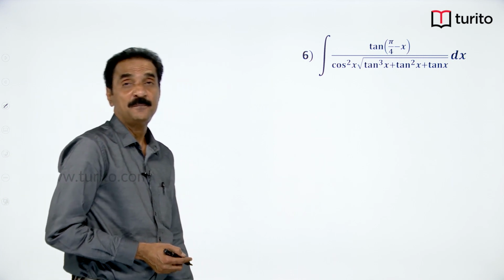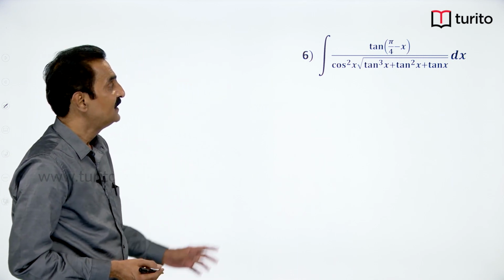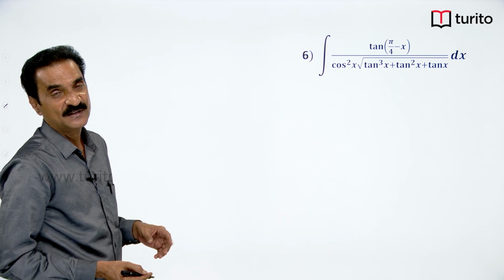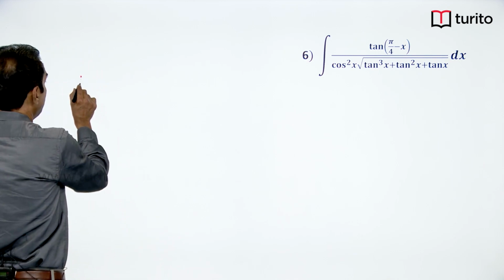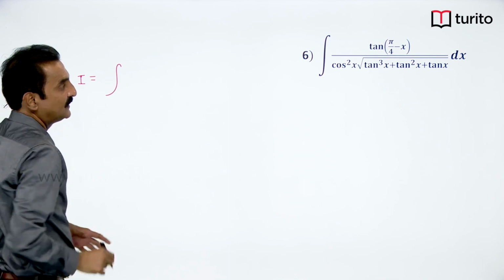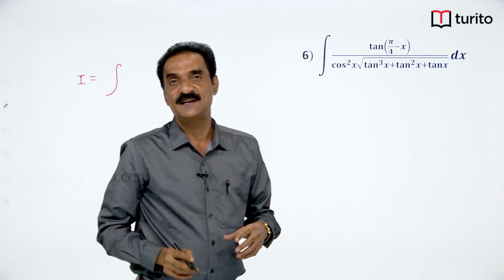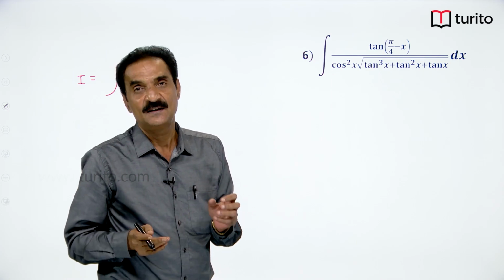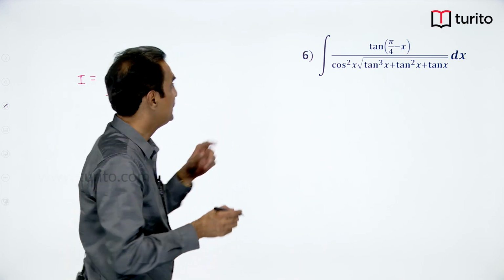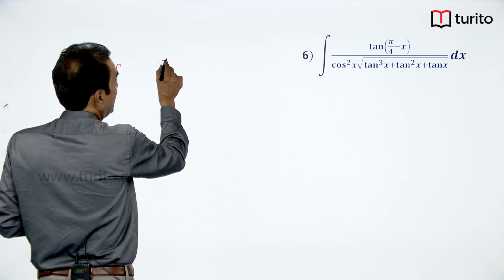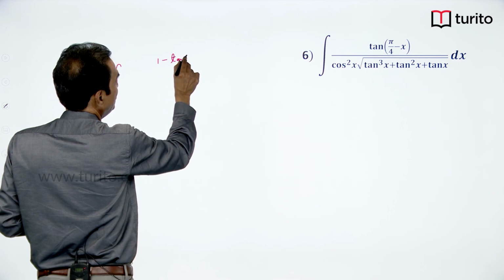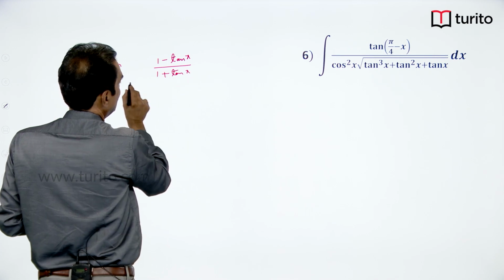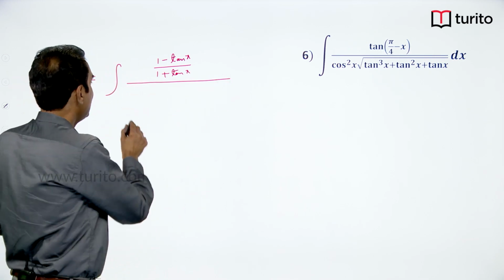Integral tan of (pi by 4 minus x) by cos square x into root over tan cube x plus tan square x plus tan x. Tan of (pi by 4 minus x) is tan pi by 4 minus tan x by 1 plus tan pi by 4 tan x. Tan pi by 4 is 1, so it will be (1 minus tan x) by (1 plus tan x) by secant square x,